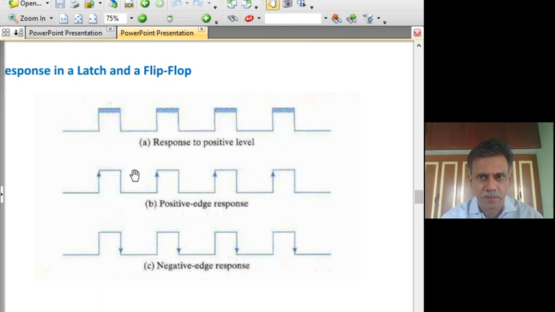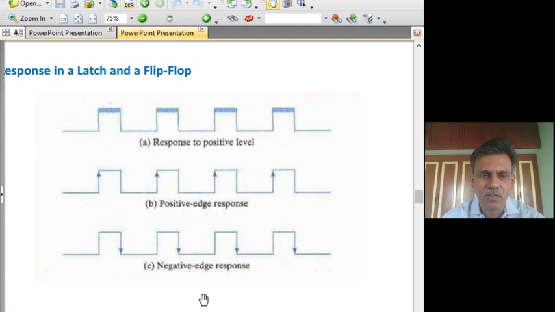and that is why flip-flops are preferred. Since there are two transitions in every pulse, one being a rising transition, another being a trailing transition. In other words, the rising transition, that is a 0 to 1 transition, is called the positive edge, while the trailing or a 1 to 0 transition is called the negative edge.